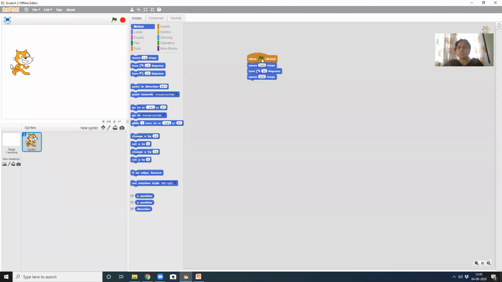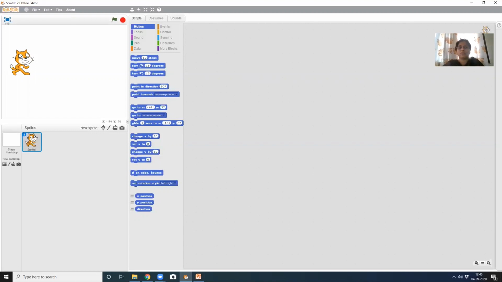A quick recapitulation, children. Okay, this is how your Scratch looks, right? This is your Scratch menu bar, and this is your designing area. This is your block area. This is the coding area, wherever you're going to do it. What did I say this cat is? Cat is nothing but your sprite. What do we call it? Sprite. Sprite is nothing but any image which will work according to our instructions.